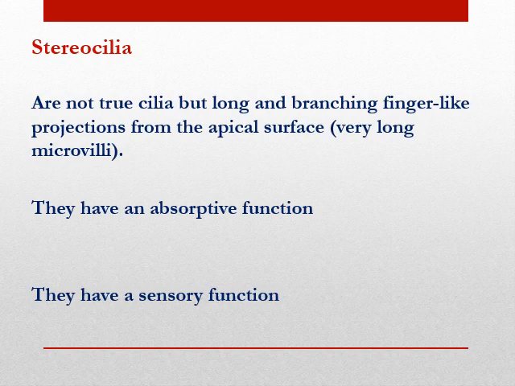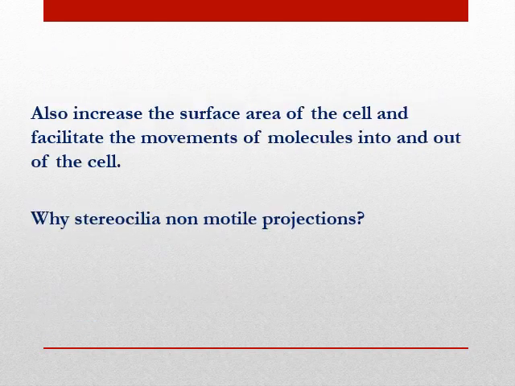The stereocilia are not true cilia, but long and branching finger-like projections. From the apical surface of the cell, we could say that the stereocilia are very long microvilli. The stereocilia have many functions. They have an absorptive function like in the male reproductive tract. They have a sensory function like in the ear. Also, the stereocilia increase the surface area of the cell